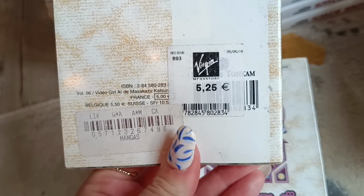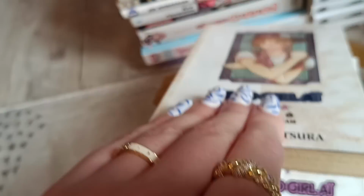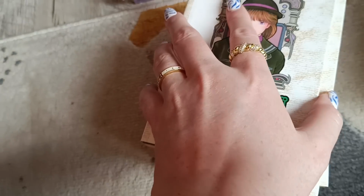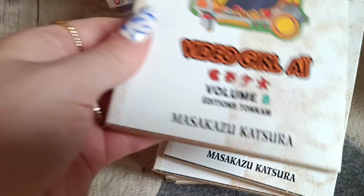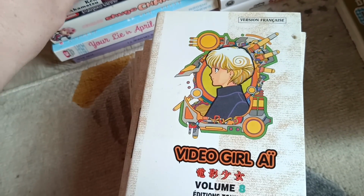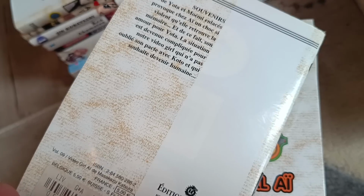Oh, it was bought in Virgin Mega Store. Oh my goodness. Number 6. Number 7, they're kind of crunchy. Number 8. Oh, that one is so cute. Number 9. I could technically do these, maybe like reading the blurbs and stuff, but it's all in